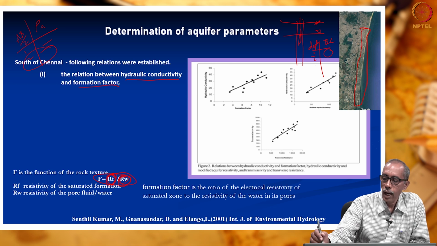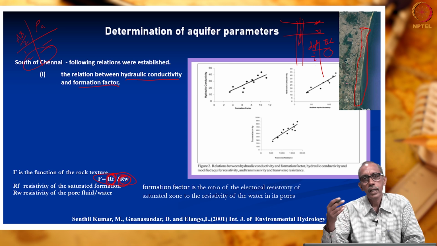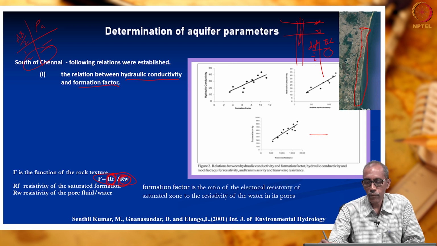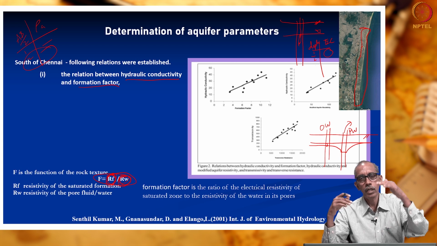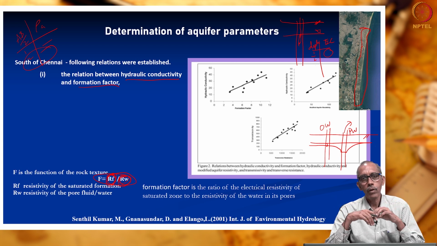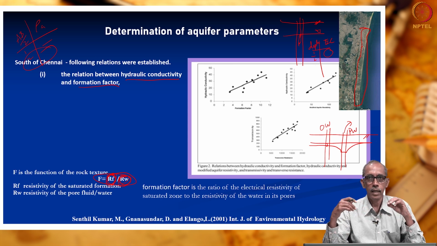Here, hydraulic conductivity can also be estimated by pumping test, right. In pumping test, what we do is, this is the ground surface, we pump a well, and the response of the pumping is measured in some nearby observation wells. This is the pumping well. So, this is the water table before pumping. When you pump the well, a cone of depression gets formed. There is a drop in the water level. So, with respect to time, we observe the drop in the water level, and using the groundwater flow equation, which is based on the Darcy law, we can estimate the hydraulic conductivity.